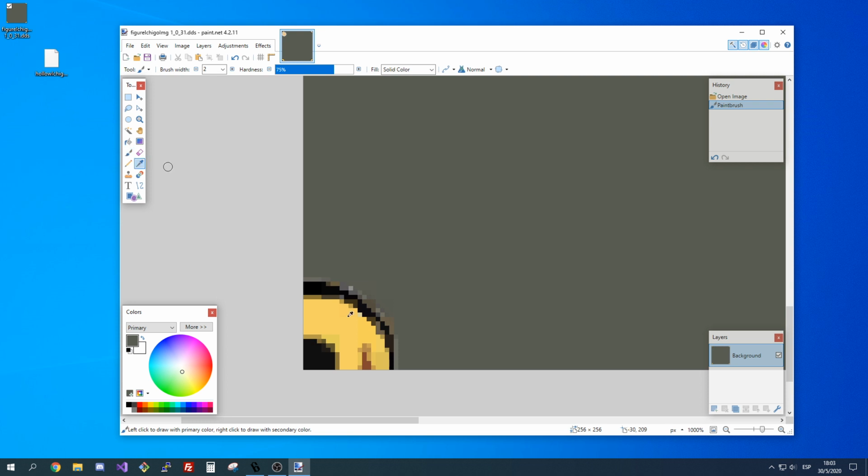And then I could just copy a color from here, right next to it, and then color that in. And yeah, I think that looks pretty good, honestly. Actually, that's a bit of a problem for all these. Like I said, I made this a long time ago, so it's a bit of a